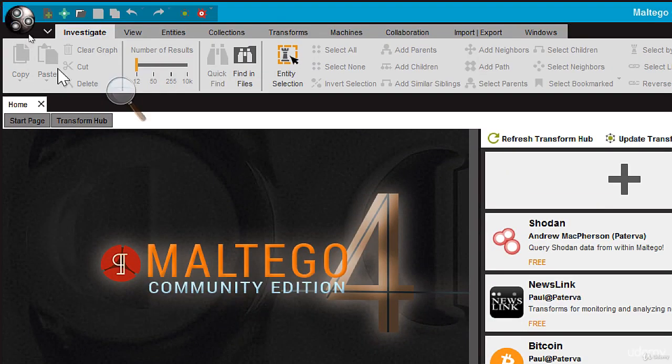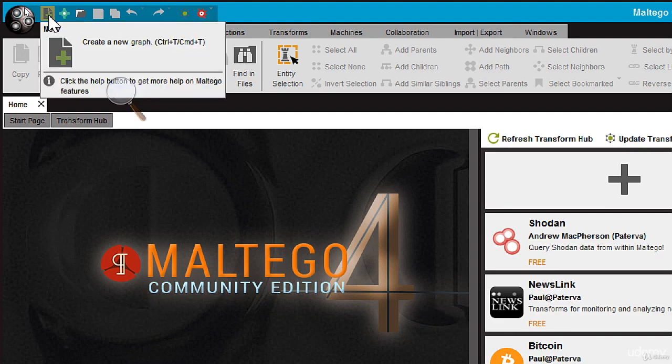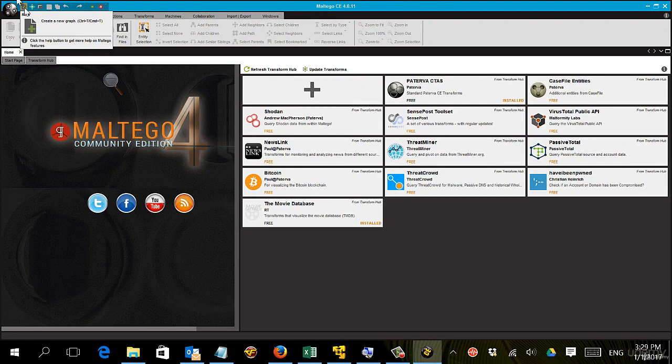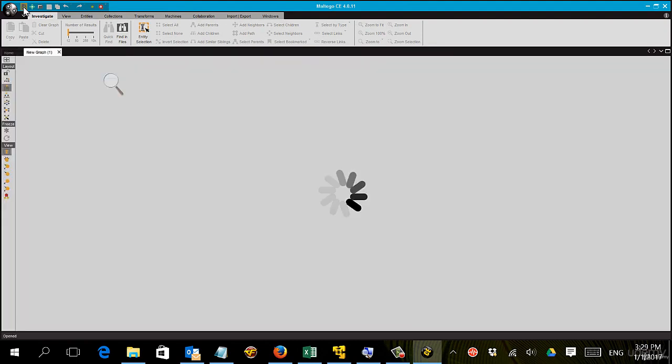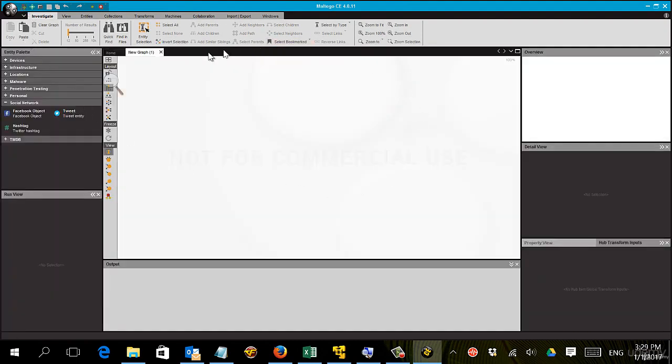Getting back, I need to create a new file. So we're going to go up here, and we're going to click on this icon, which will allow you to create a new investigation sheet. From here, as you can see, we have on the left pane what we call entities. Entity means what exactly you need to search for: a domain, a person, a website, a URL, a location. So here you choose what you need to search for. And on the right